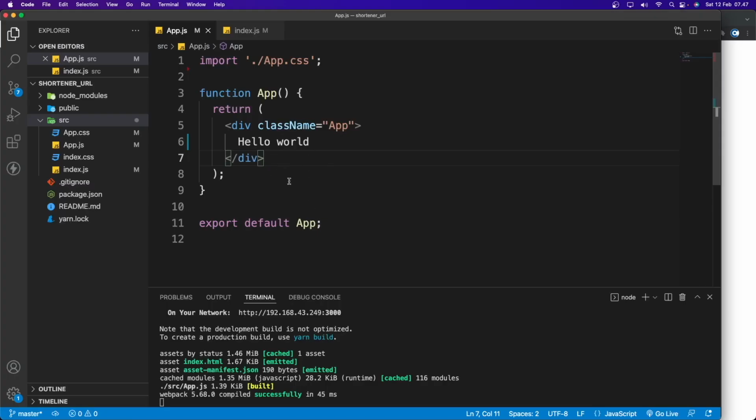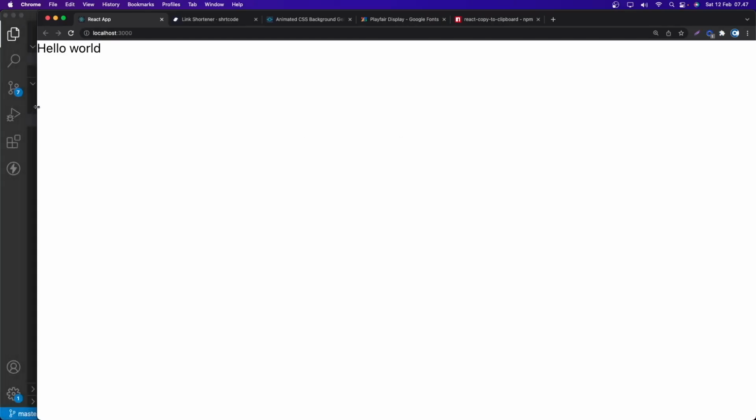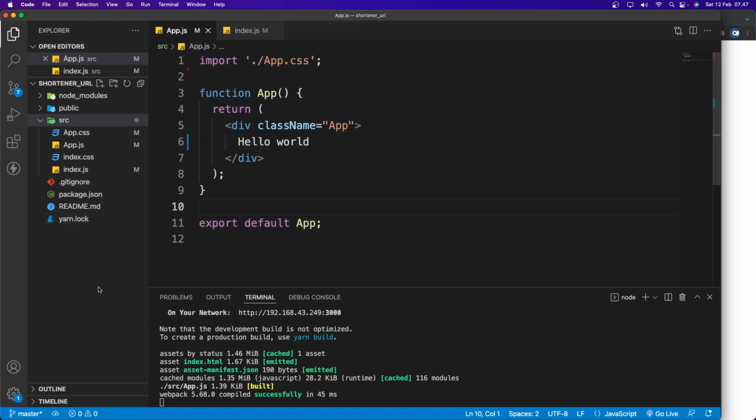Alright, so in here I have already generated a React app, and in the app component we just have hello world. If I look in the browser, we should see the hello world. Okay, nice. Now we need to create another file inside the source folder, which is InputShortener.js.